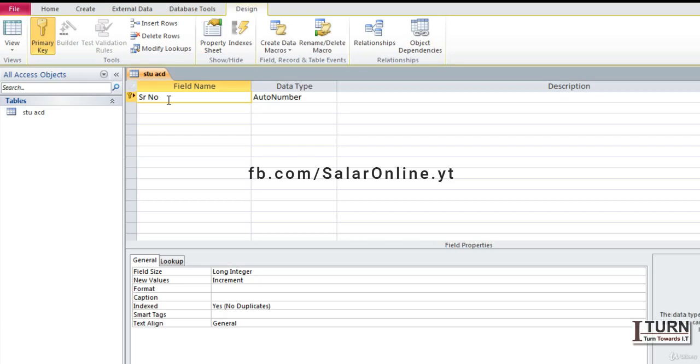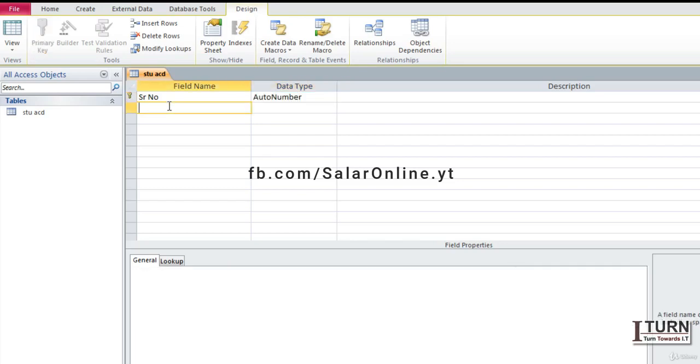So for serial number the data type is auto number. Auto number is a kind of data type where numbers are automatically created. Let's say after 1, 2 will come, after 2, 3 will come, and these are going to be unique by nature. In most cases, for the roll number or the voucher number, we use this particular data type, which is auto number. After the serial number, I'm going to give the field name, which is name,